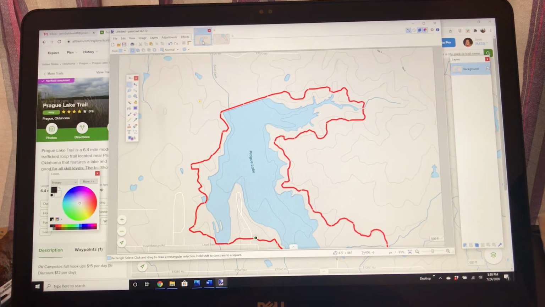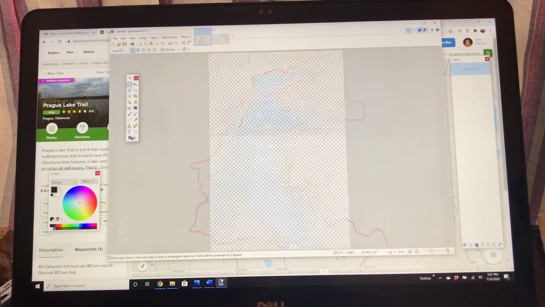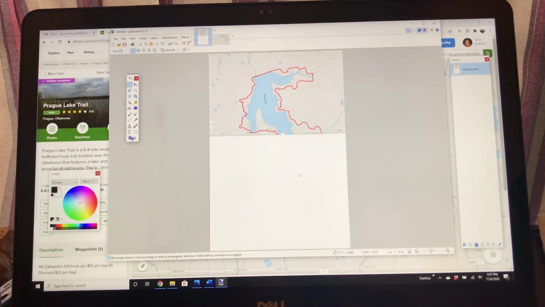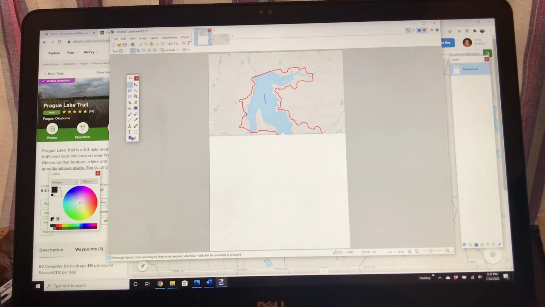So we go to the first file and we need to lengthen the canvas. So we go to image, canvas size. Alright, now here's the height. Okay, it's 861 pixels. I don't want to do the math, so I'm just going to say 2000. Alright, there we go. We got space on the canvas for the bottom half of the map. So I'm going back to the bottom half. I'm going to press Control A for select all, Control C for copy, back over here, Control V for paste,